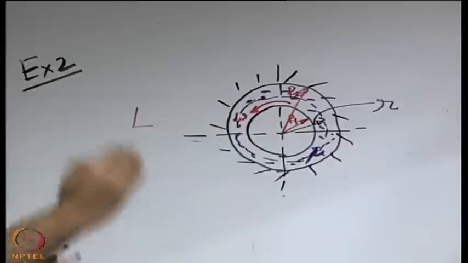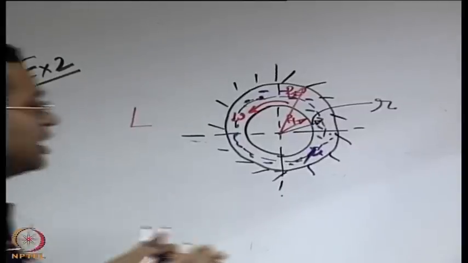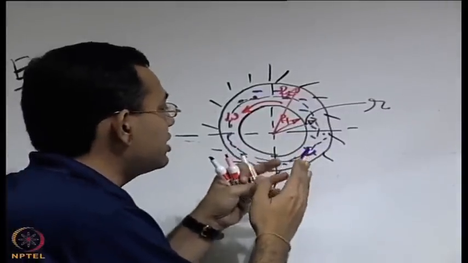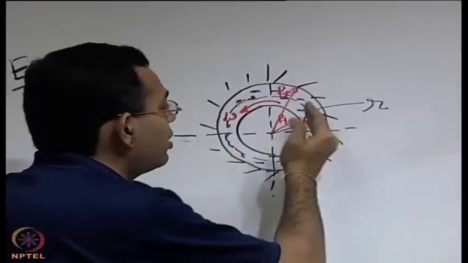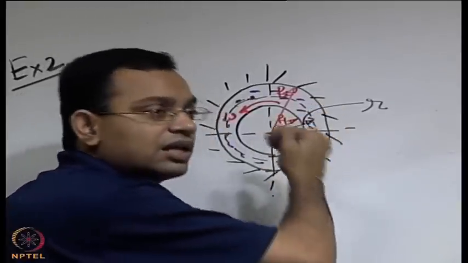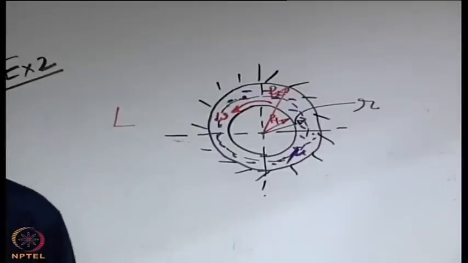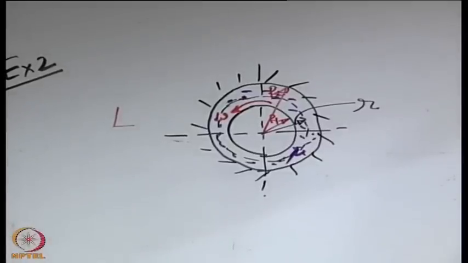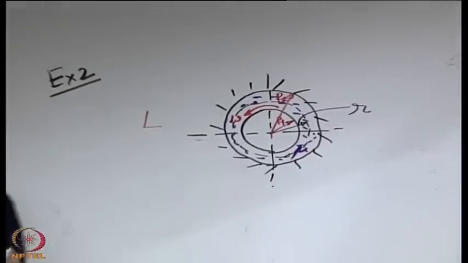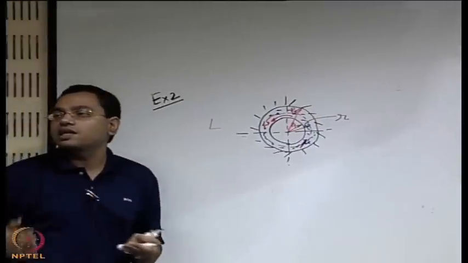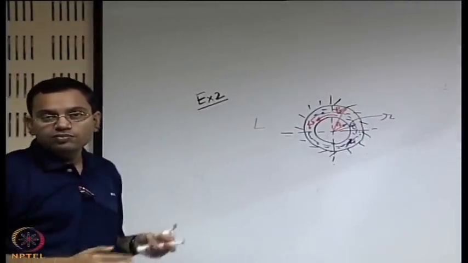That surface of fluid is a surface on which there is relative resistance, or relative motion between the fluid layers, one towards the inner and another towards the outer. Whatever is towards the inner tends to move faster, whatever is towards the outer tends to move slower. So that is a location where there is a shear stress present, which is related to the rate